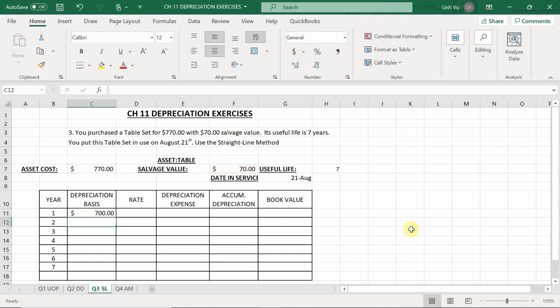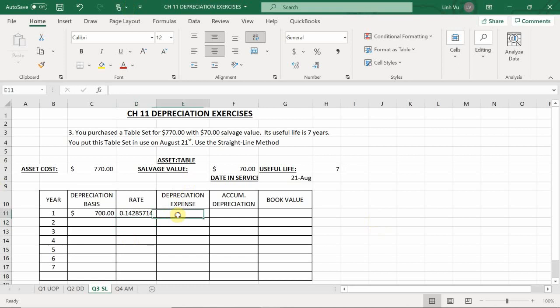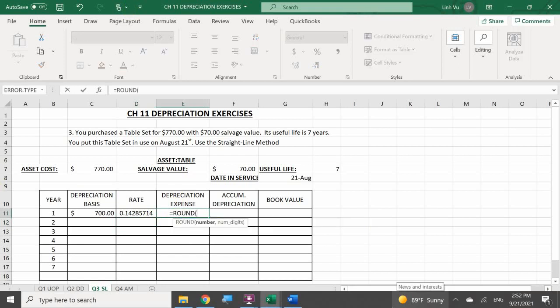Okay. The rate this time is actually going to be 1 divided by 7. So this one is right. It's going to be the 1428. All right, so now again we need to use the depreciation equal round to solve for the depreciation